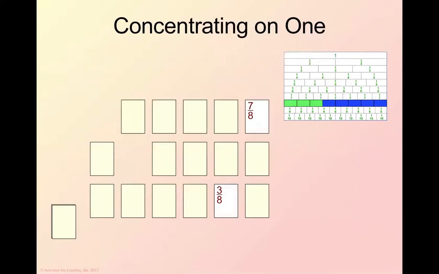And number 2, some of your kids are bright enough that they're going to turn over a card like 7/8 and kind of look at you and go, huh? Did I win? They have no idea. They're just waiting for you to go, yay, or oh, shoot. So have them announce, I'm looking for a 5/8. Turn over the 7/8. Oh, I didn't get it.